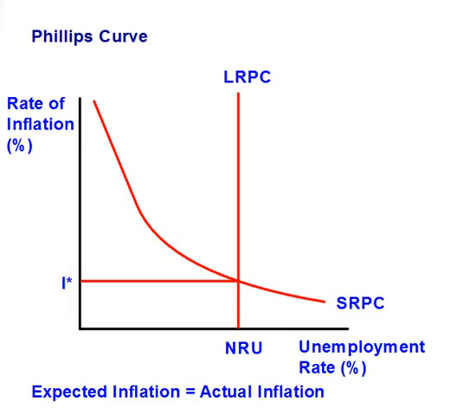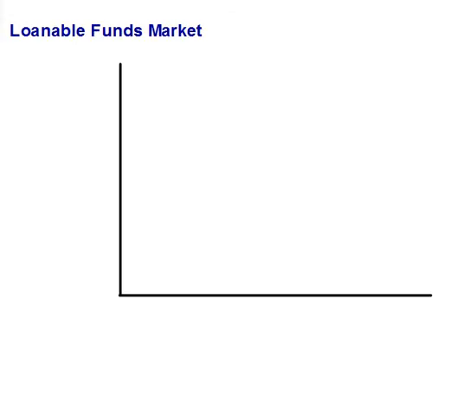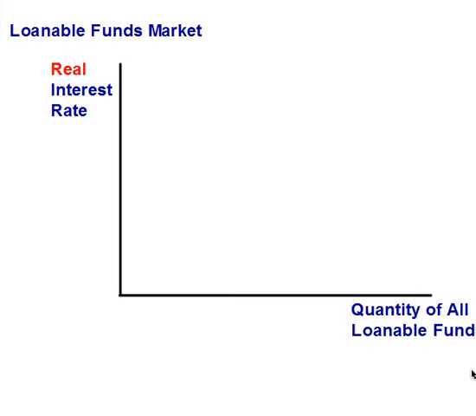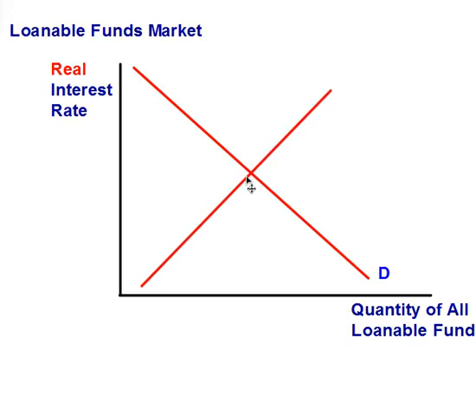The second curve we're going to look at is the loanable funds market. Here, it's really important to label the vertical axis as the real interest rate. The horizontal is the quantity of loanable funds. You'll find this to have the downward sloping demand curve that we normally have, our upward sloping supply curve, and